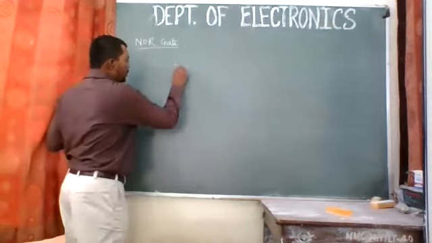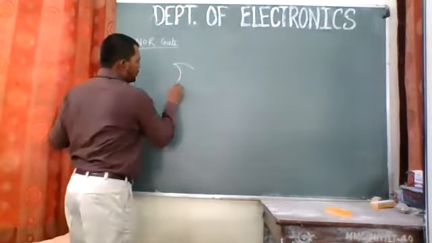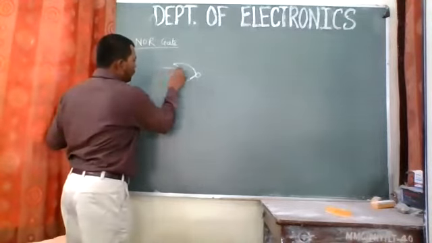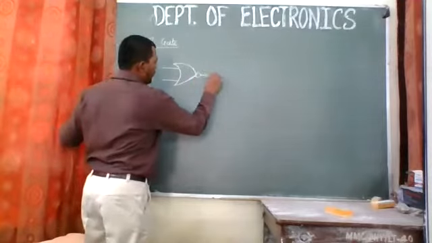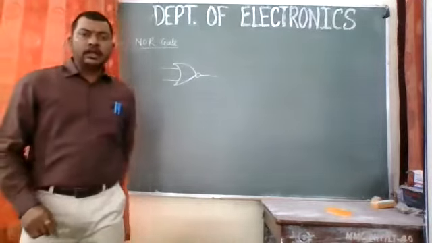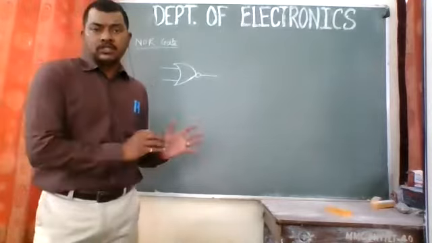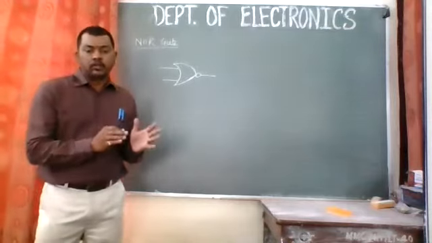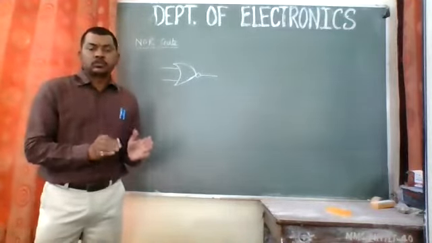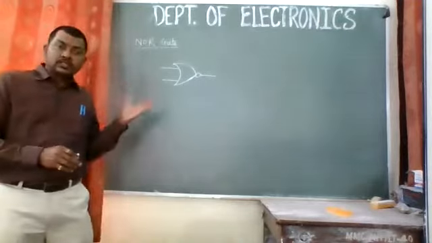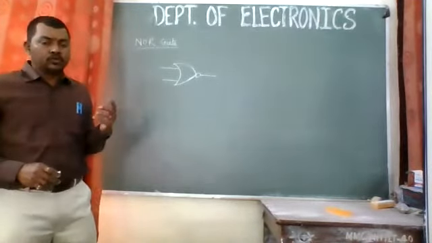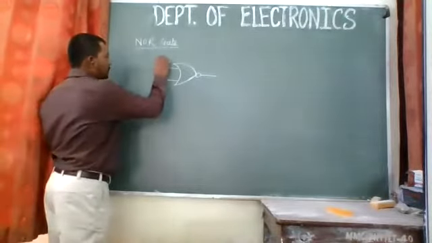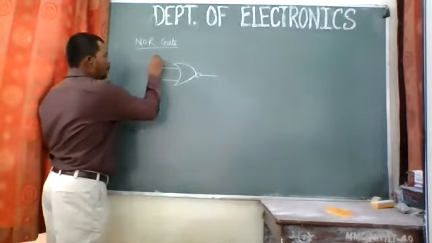Now, a NOR gate looks like this. We have a NOR gate with two inputs and one output. In a NOR gate, we can put this circuit in what we call a disable mode, a disable state. We can convert this gate to a disable state. Now, how are we going to do that? Let me tell you. If you put one of the terminals of the NOR gate to high,